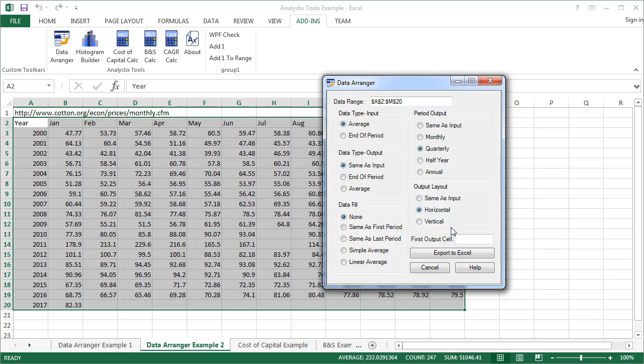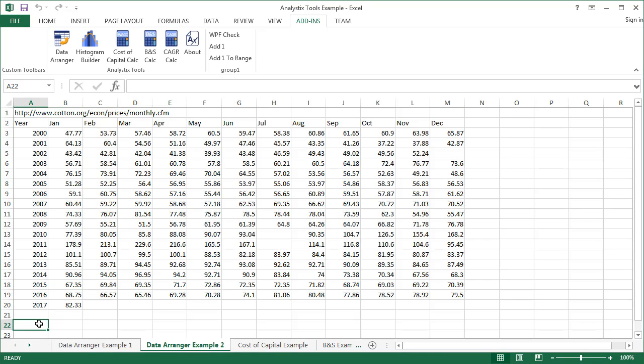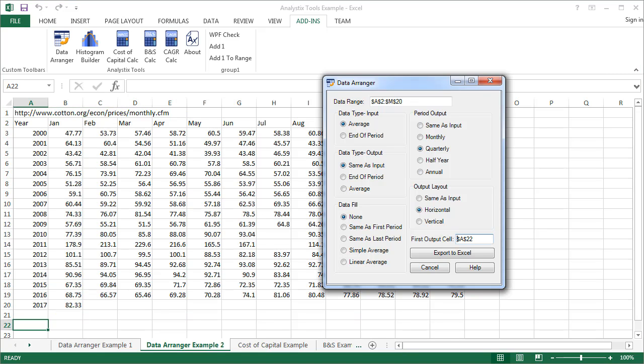Next, we will choose the output range. This is where the rearranged data will appear. Click on the first output cell field, then select a cell on the spreadsheet. Now return to the Data Arranger window. And as you can see, the cell we've selected will appear in the text field, and we're ready to export